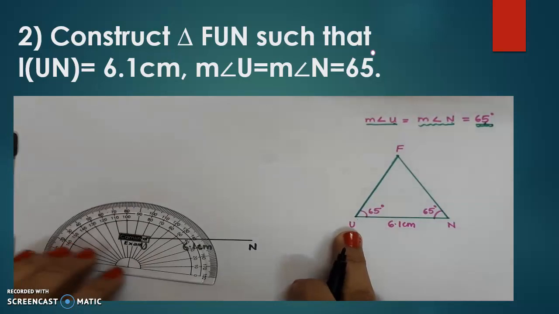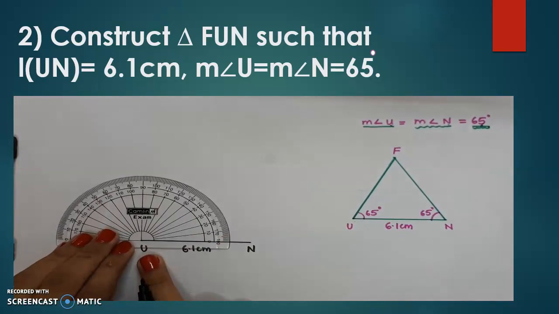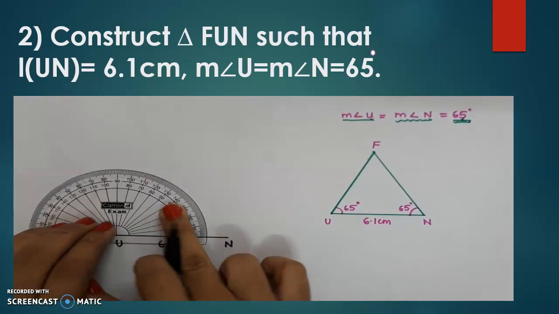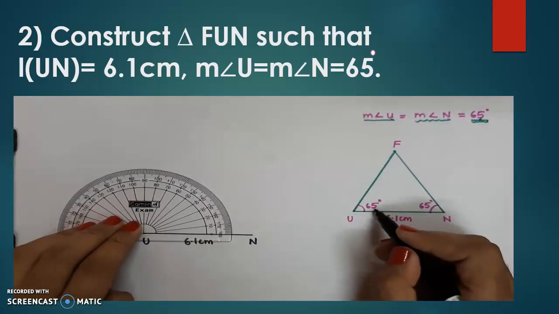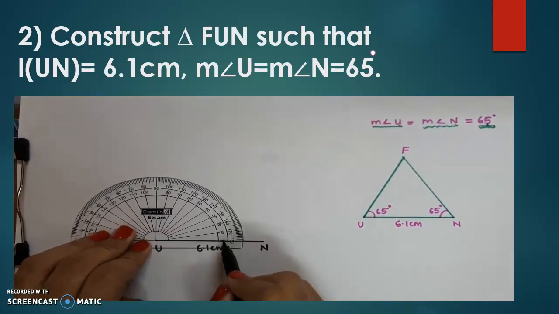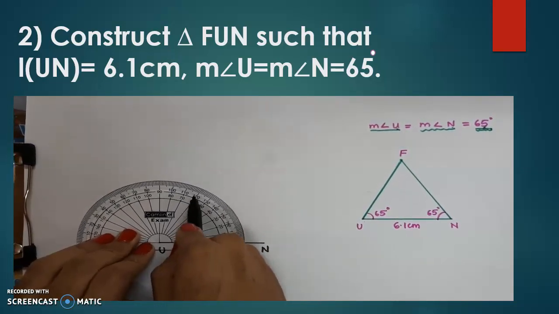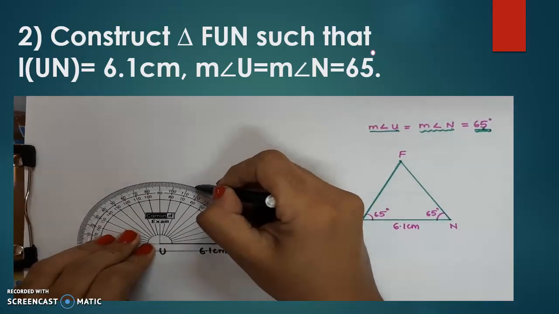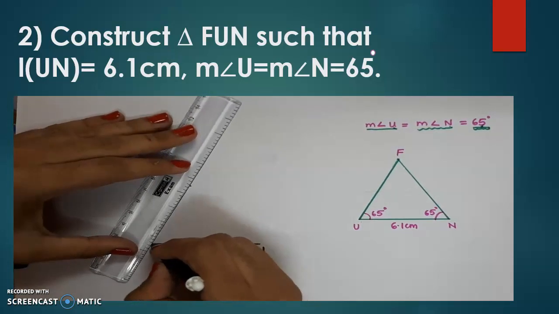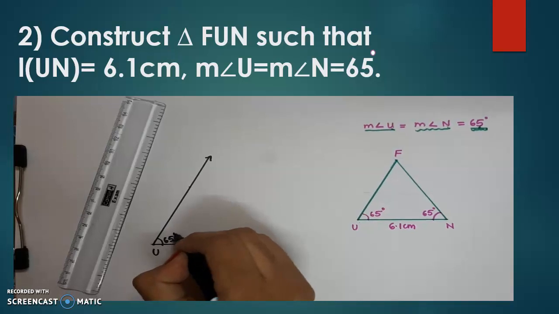Now we will start constructing angle U. We'll arrange the protractor properly. Again the same steps. My vertex U is towards which hand side? Left hand side. Left means which numbers we will see? Down. Which number do we have to see? 65. So we will check where we have 65 down: 0, 10, 20, 30, 40, 50, 60. After this 60, my fifth line will be 65. So here I will plot one point and join this point with U. Here I will write 65 degree.